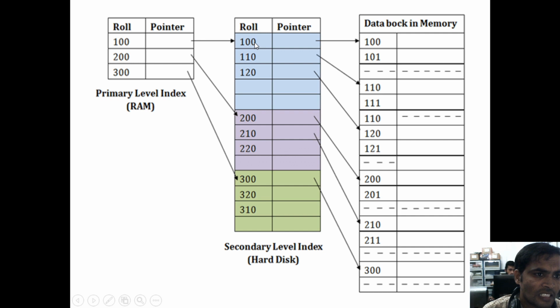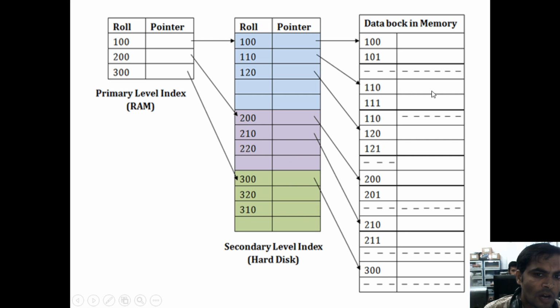Now if you want to search for 111, 111 is not there under the secondary index; it is also not available. First it is the primary index, pointing to the secondary. Under the secondary index also it is not there. Then again it goes to the main table, the existing data block. Under the data block 111 is there. From the primary it is not available. Coming to the secondary, we have 1100. From 1100 it points to 110. Again from 110 we have 111.